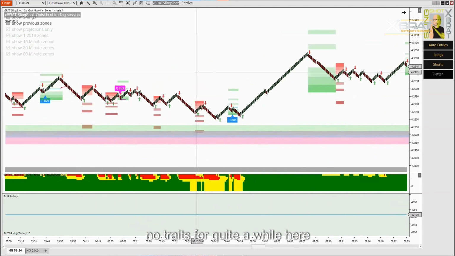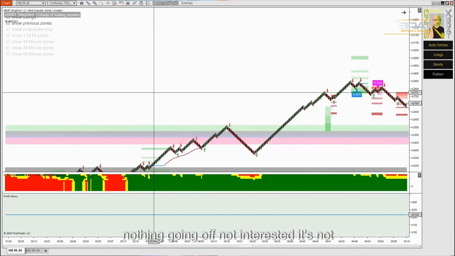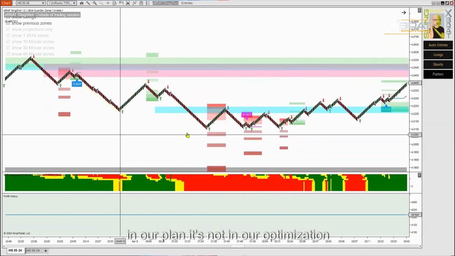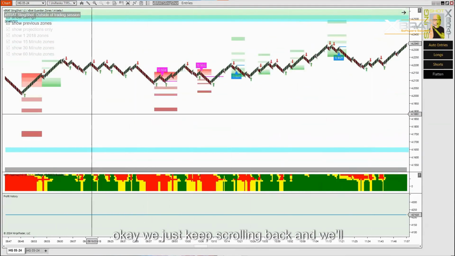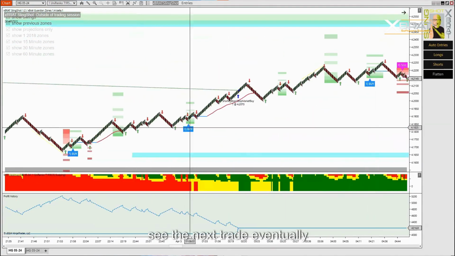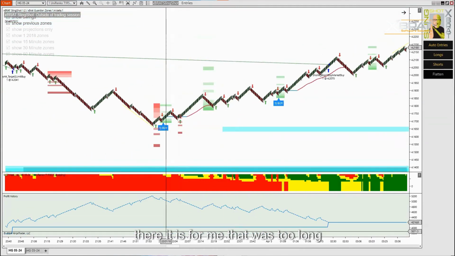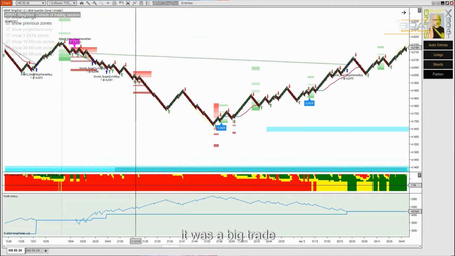No trades for quite a while here. Nothing going off. Not interested. It's not in our plan. It's not in our optimization. Okay, we just keep scrolling back and we'll see the next trade eventually. There it is. For me, that was too long. It was a big trade,